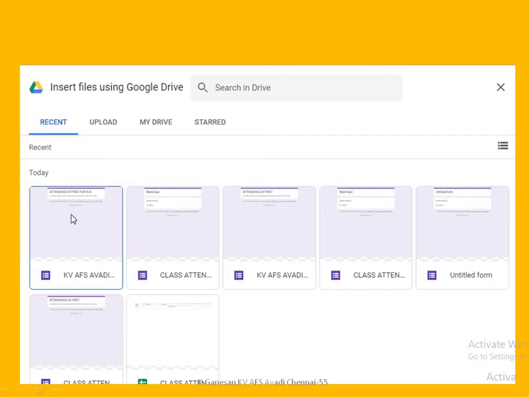Suppose you cannot see it, you can use My Drive to select your files. So go to the proper file, select that file, and it will come and sit there. Don't select wrongly. You may have too many files, but you already know the title. Therefore, see the title, and using the title you can add it. So click that.